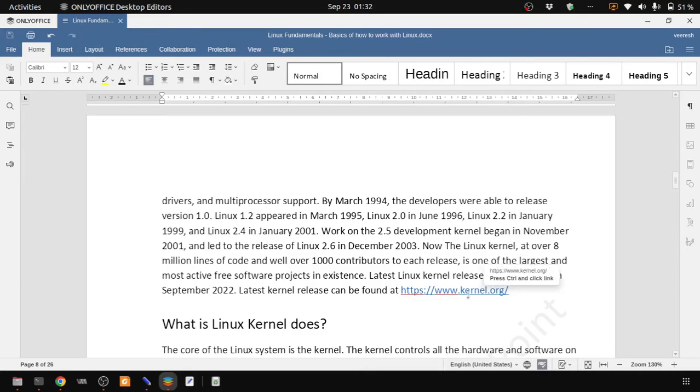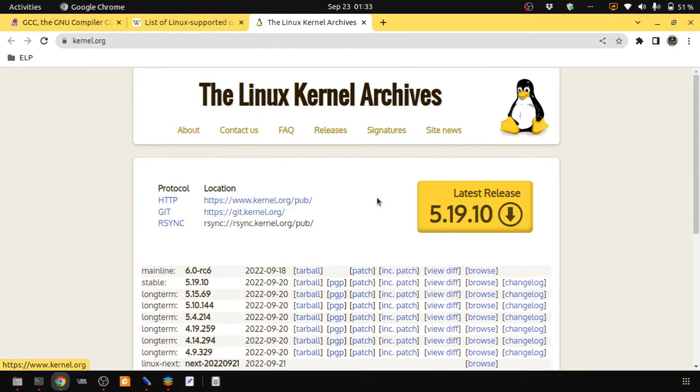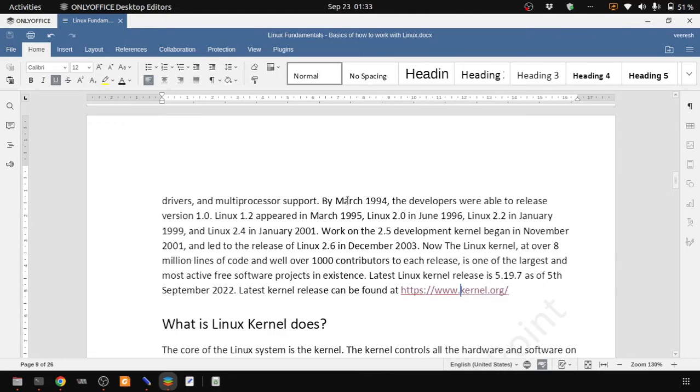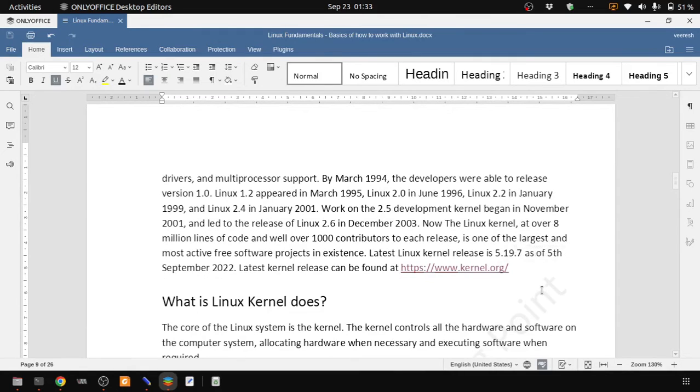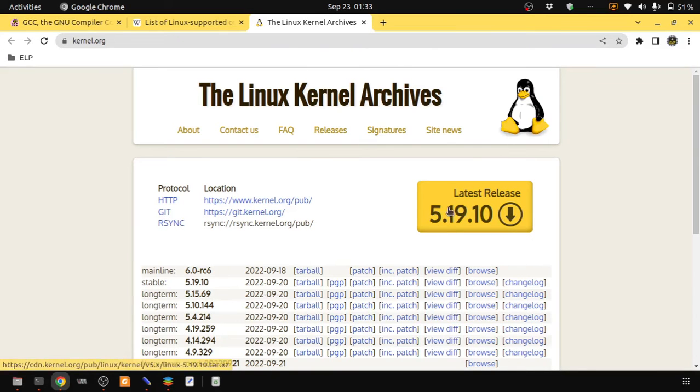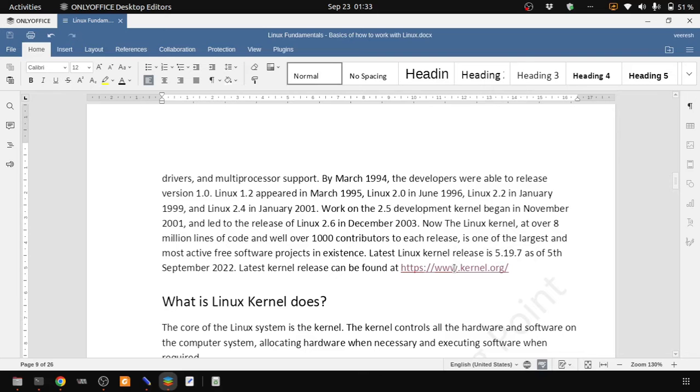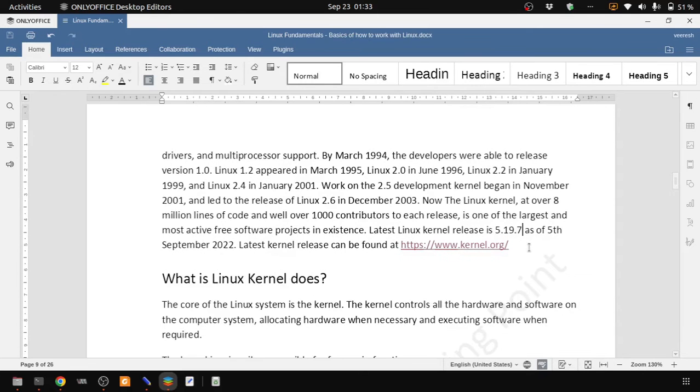So currently, if you go to kernel.org, you can see the latest stable version is 5.19.10. So this is the latest version of Linux that was released. I think when I edited this as of 5th September, it was 7, and then you can see 9, 10 is released. So that's how fast the development is,